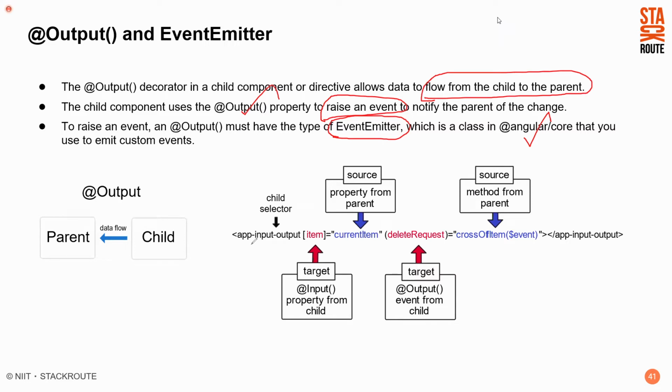So app-input-output, this is my child selector. I will use key and its value. This is an event emitter. This happens with the previous. And now I need to trigger an event. What event am I triggering here? Some time back I used square brackets. Now you use parentheses. When you use parentheses, it means